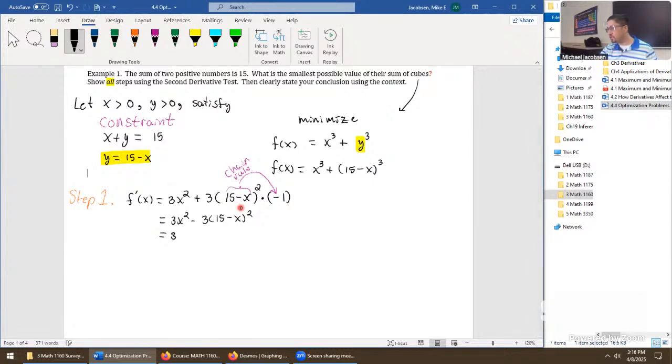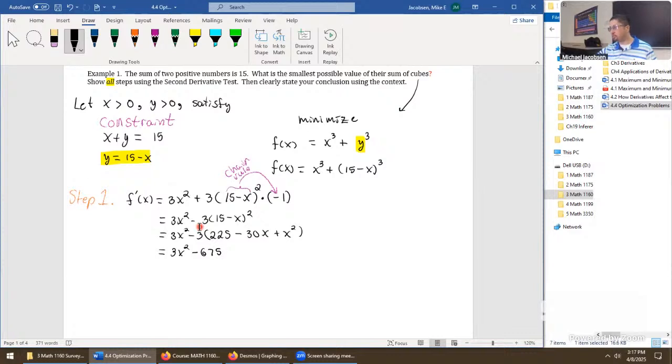We would get 3x squared minus 3 times the FOIL method on 15 minus x times 15 minus x: first, 15 times 15, 225. Then it'll be 15 times negative x twice, so negative 30x. Then it'll be x times x, so plus x squared. Next step to take is a distribution of negative 3. We have 3x squared minus